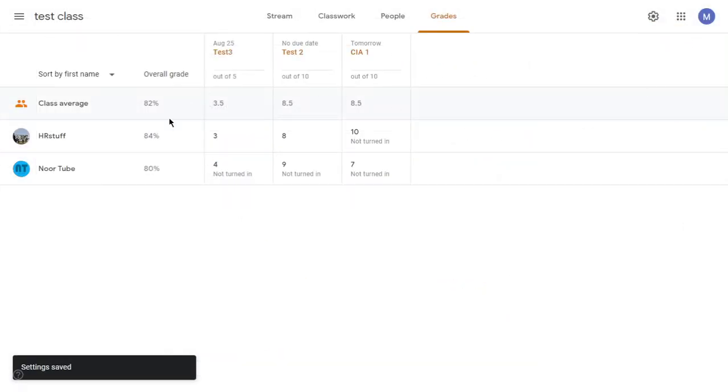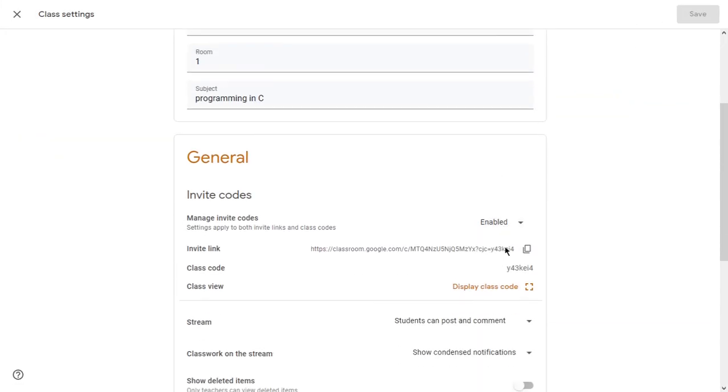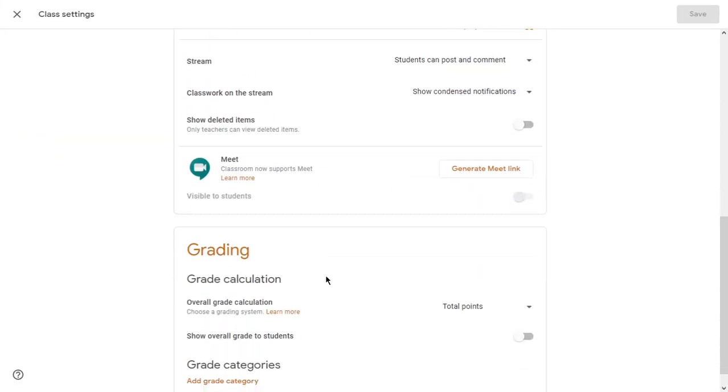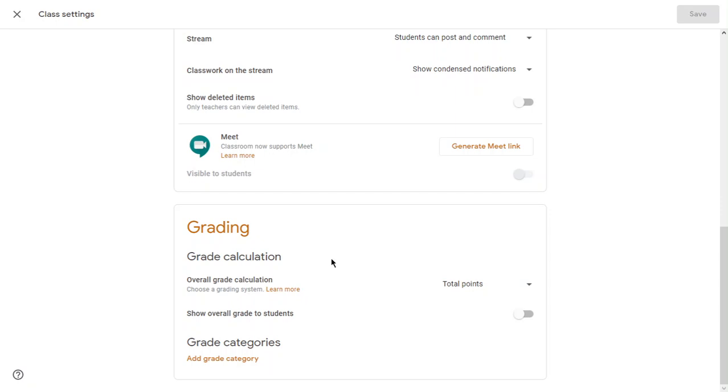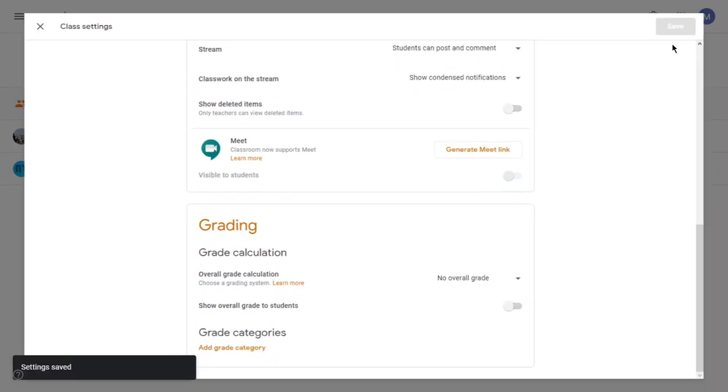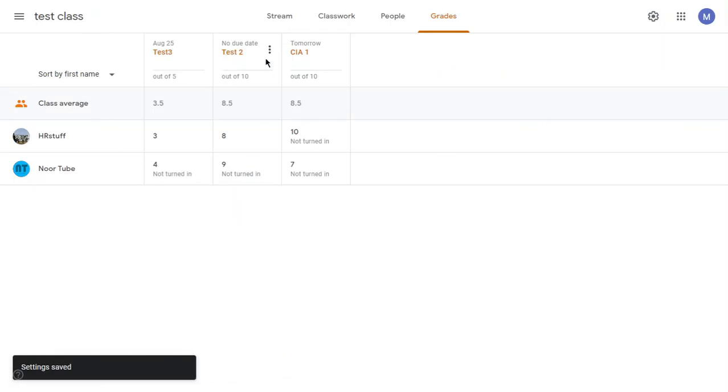Now we can see the settings have been saved. Suppose this option is not necessary; we just go to no overall grade and save. Now you can see the overall grade has been removed.